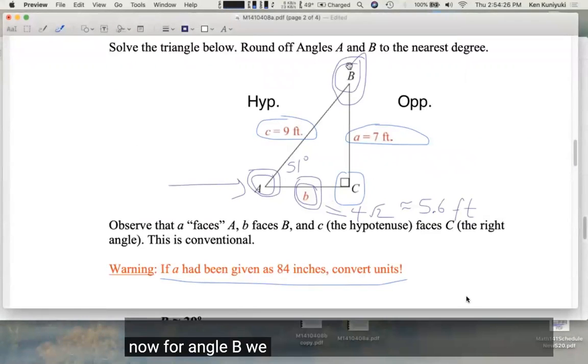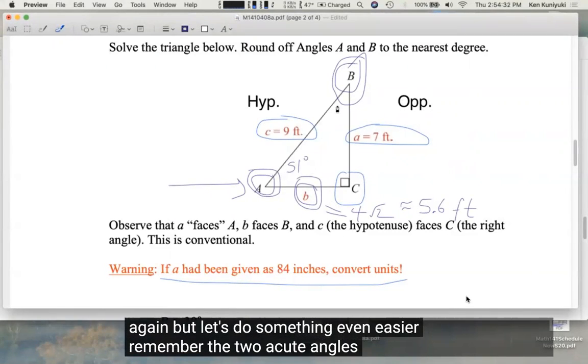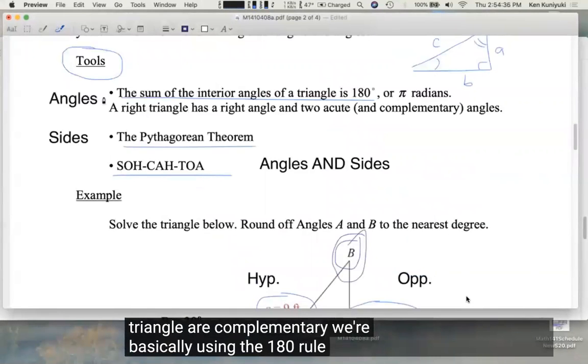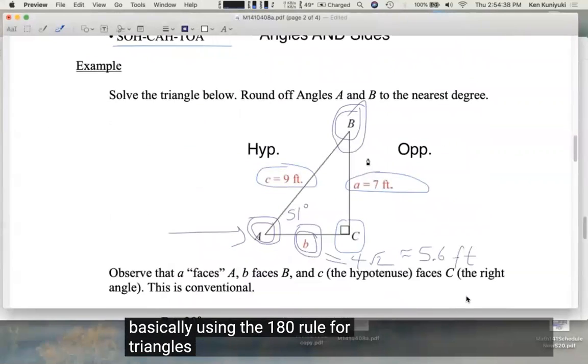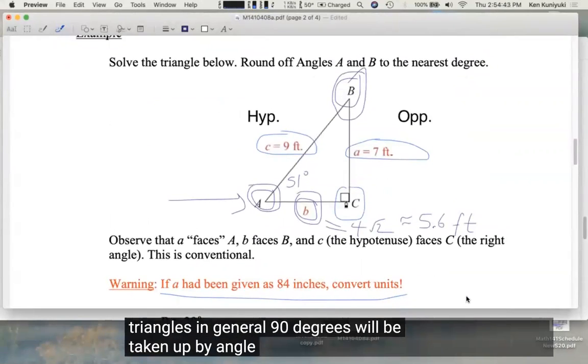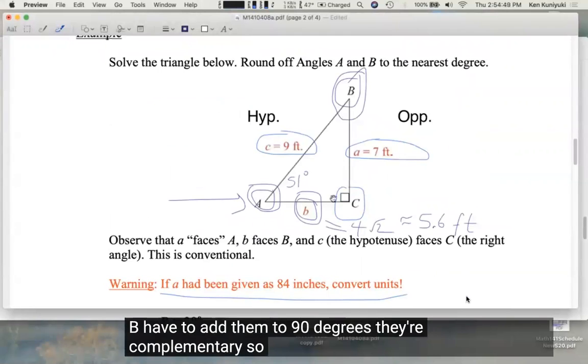Now for angle B, we could use SOHCAHTOA again, but let's do something even easier. Remember, the 2 acute angles of a right triangle are complementary. We're basically using the 180 rule for triangles in general. 90 degrees will be taken up by angle C. So angle A and angle B have to add up to 90 degrees. They're complementary. So we subtract